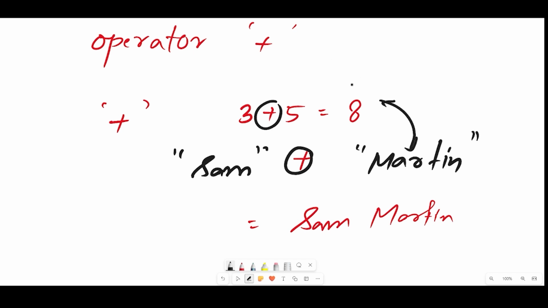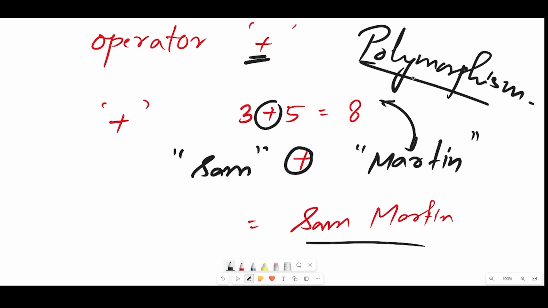When it is integers, it is adding the numbers. When it's two strings, it is joining the strings, which we call concatenation, that you have learned in the previous lessons. So the same plus operator, we are using it in two different ways. We have not changed anything. The operator is the same. We have just changed where it is implemented. So here also you can say that polymorphism is occurring in a way, because the same thing has many forms. For numbers, it is adding. For strings, it is joining, concatenating.